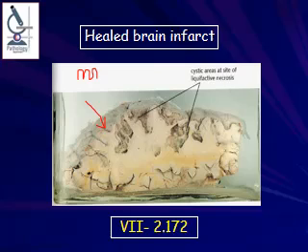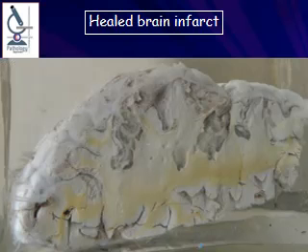So we have again multiple cystic spaces surrounded and traversed by glial tissue. What is glial tissue? This is a special form of fibrosis that occurs in the brain. This is a footage of your actual jar showing multiple cystic spaces surrounded and traversed by glial tissue, giving a